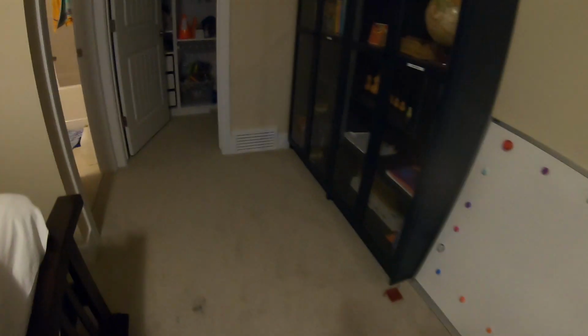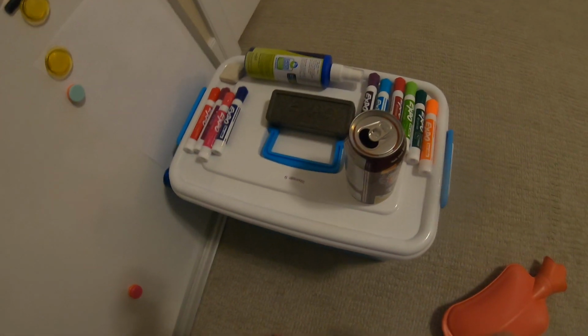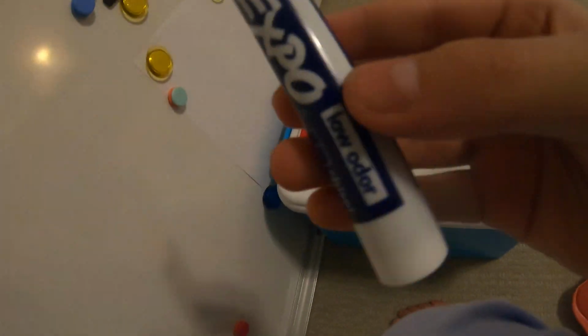There, perfect. So, handheld mount, and see, now I have a nice clean whiteboard, and I have ginger ale. Mind you, I'm thirsty. So, copper sulfate's blue. I'm going to take a blue marker, and I'm just going to open it up, and I'm going to write on here